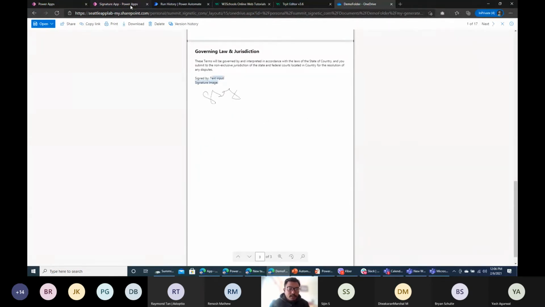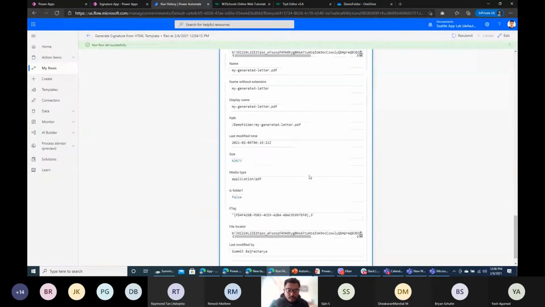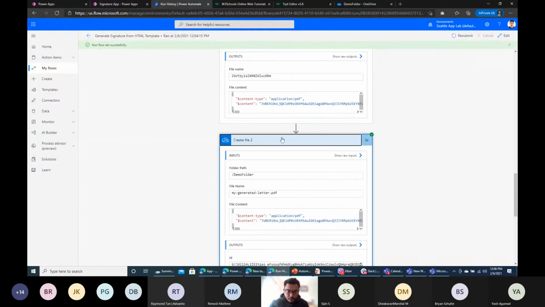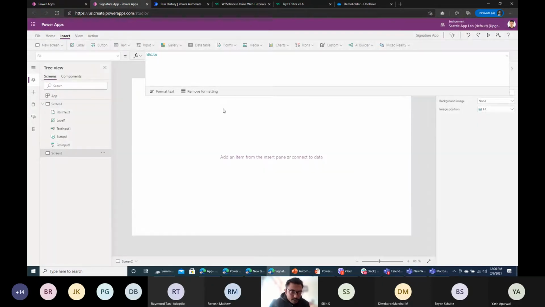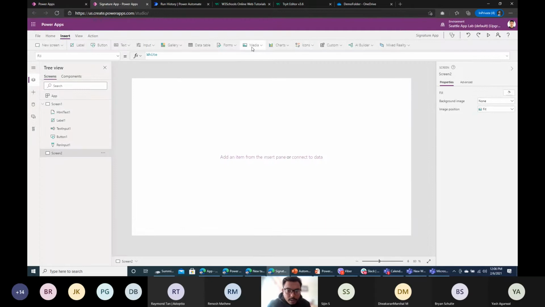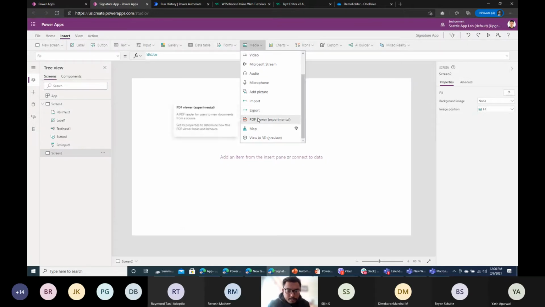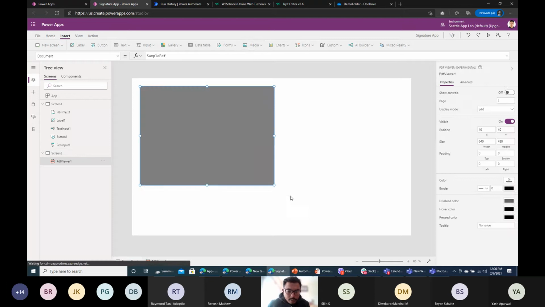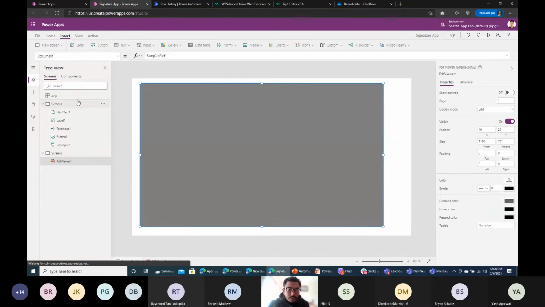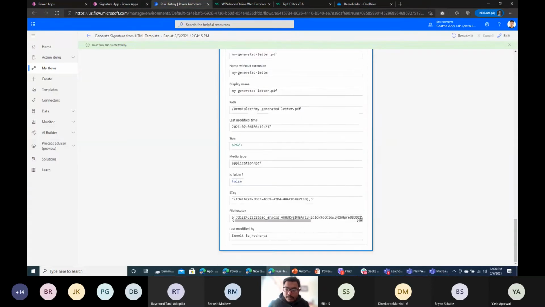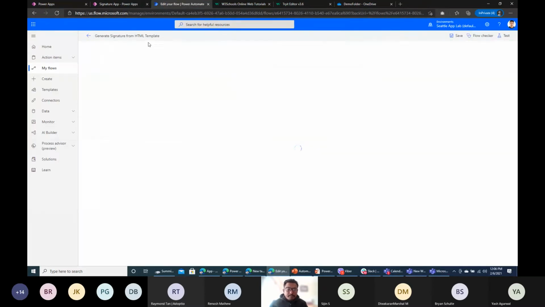So this is good. The next thing I want to do is send the response from Power Automate to my app and maybe display the letter, so that you don't need to go to OneDrive and see it. This feature is a little bit more involved, so I create a new screen. I put a PDF viewer over here, and in this PDF viewer, I need to show whatever data I get from here. So I edit this